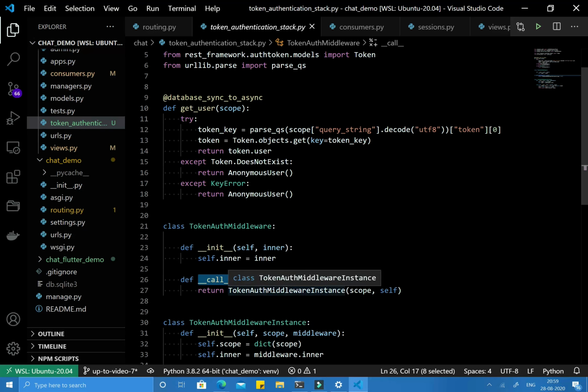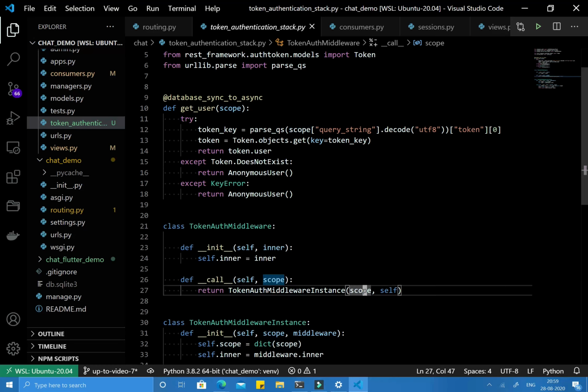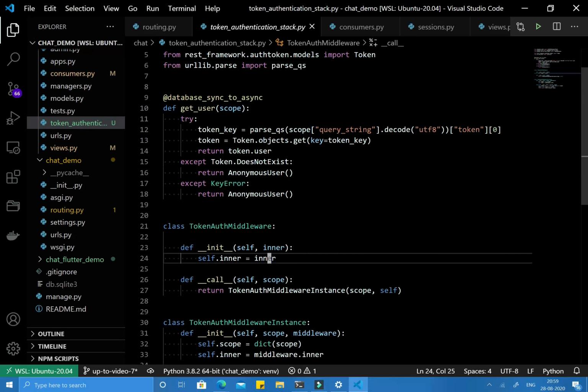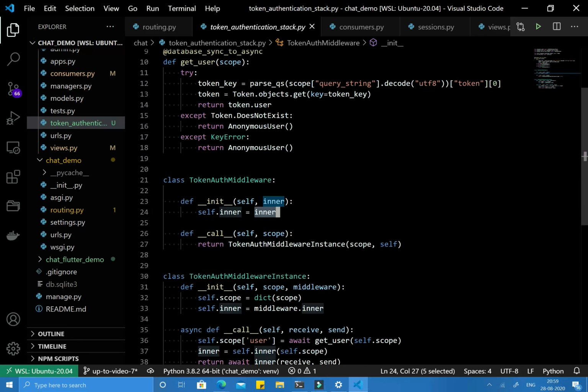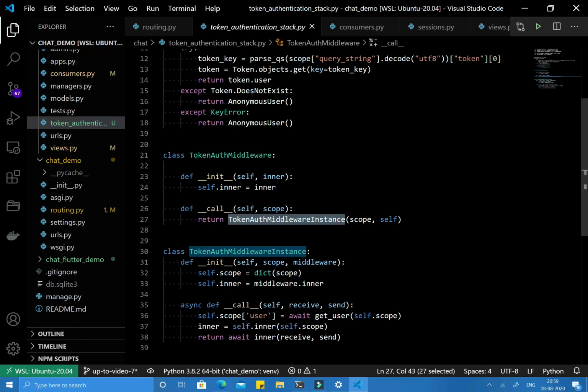That scope will have a few details which the parent middleware has already added. We need to use this scope, modify it, and then return the inner. For now we are not directly using this call method, but instead we are creating another class which can have an asynchronous call method.